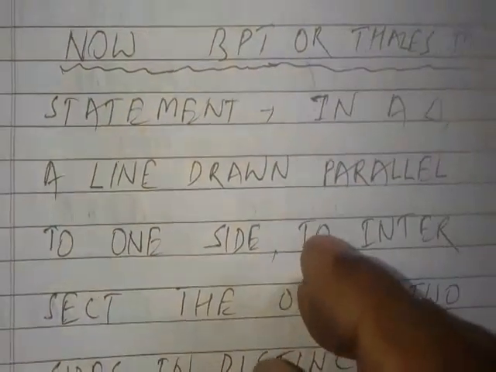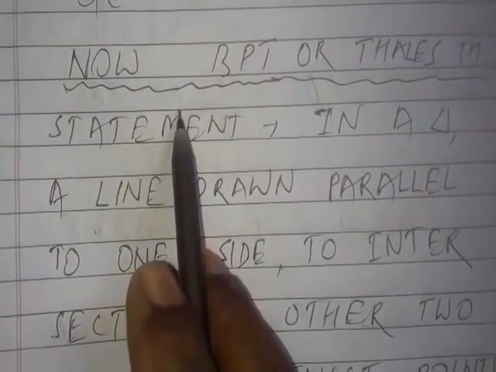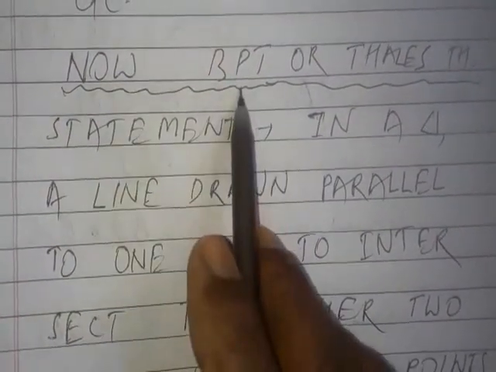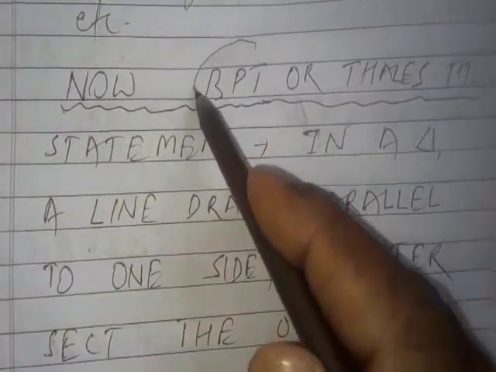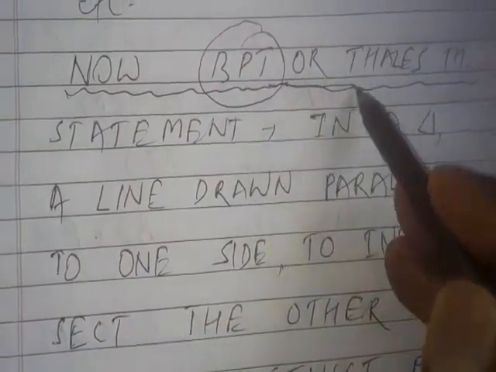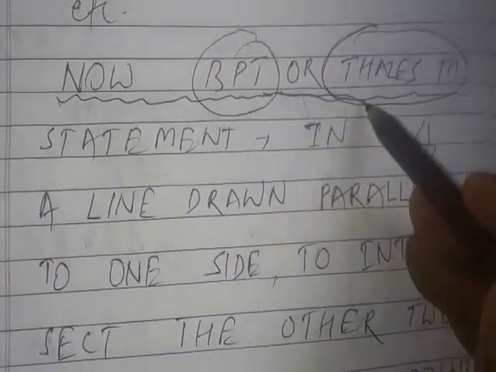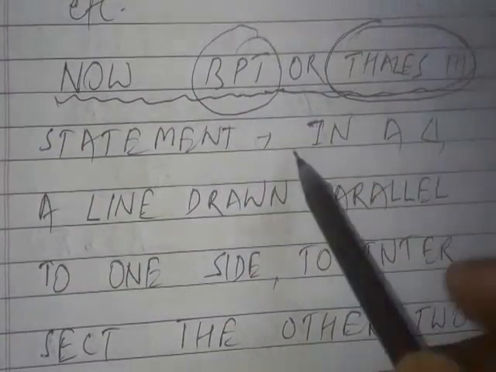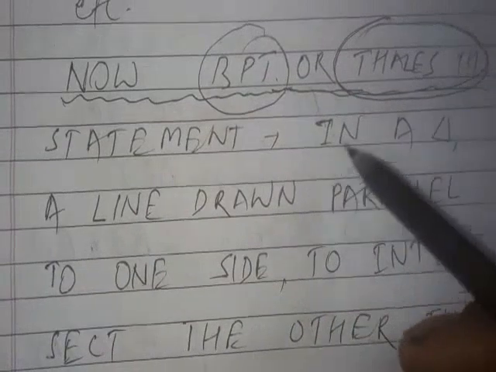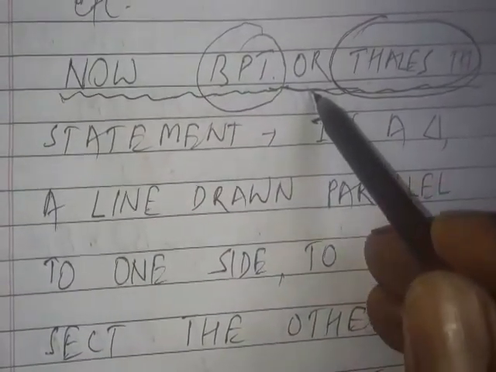Now, we are having the very first theorem in similarity of triangles, which we have to understand, that is BPT, the Basic Proportionality Theorem, which was given by Thales, also known as Thales theorem. So, basic proportionality theorem or Thales theorem is the first and important theorem in similarity of triangles, whose statement